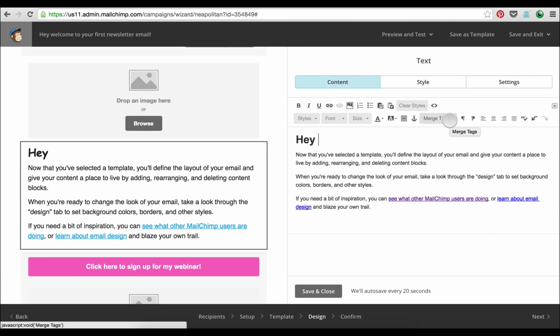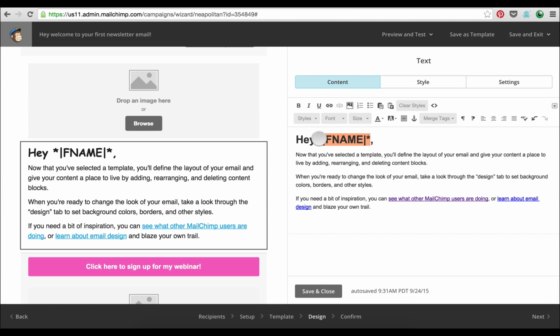And this only works if you're actually collecting their first name. So merge tags, first name. Hey, F name, what the heck? So the cool thing is that this is going to be replaced with the person's name. So if their name, like mine, is Melissa, it will say, hey, Melissa. So you could use that anywhere in your email, and that'll really spice it up and make it feel more